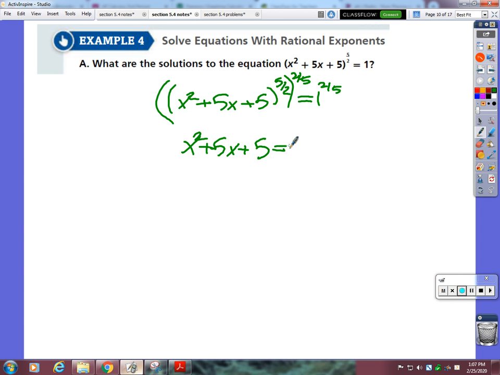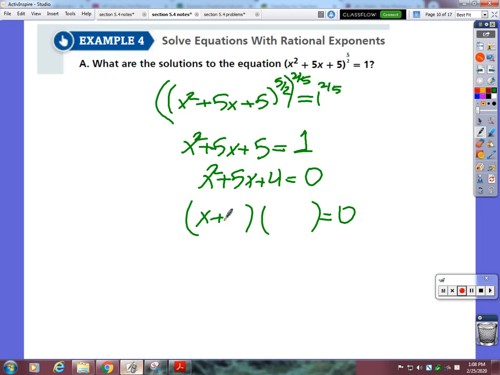What is 1 to the 2/5? 1. 1 to any power is just 1. Okay? All right, and so now we're back on what should be fairly solid ground. How do I solve from here? Subtract 1 from both sides, so I get x squared plus 5x plus 4 equals 0. What do I do with that? Factor that bad boy. What does it factor into? x plus 1 and x plus 4, which means my answers are x equals